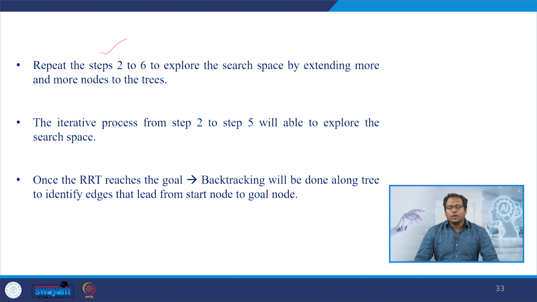The iterative process from step 2 to step 5 will be able to explore the search space. And again, once the path reaches the goal, or the tree is extended in such a way that it incrementally reaches the goal, then backtracking will be done along the tree to identify the edges that lead from start node